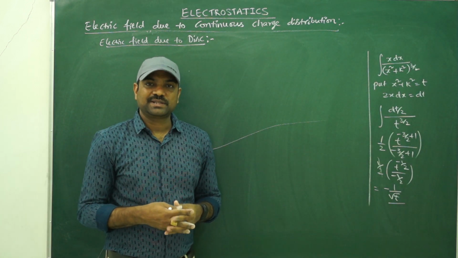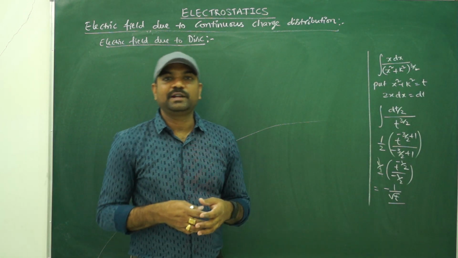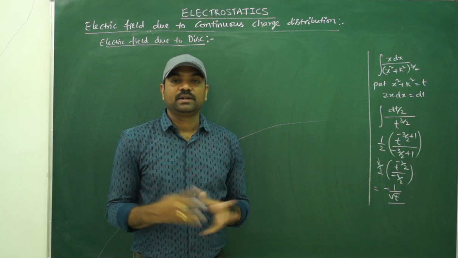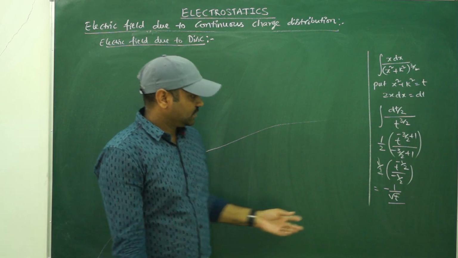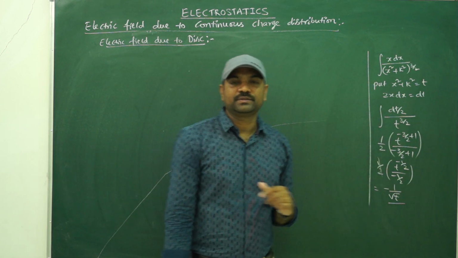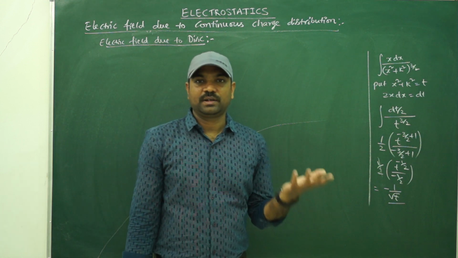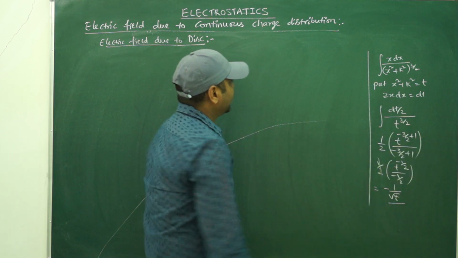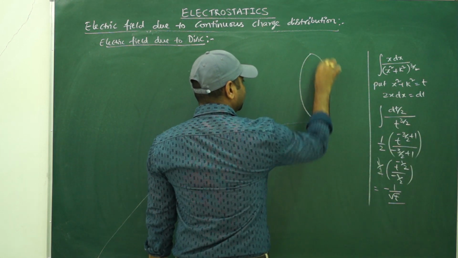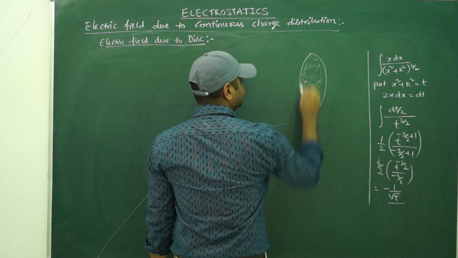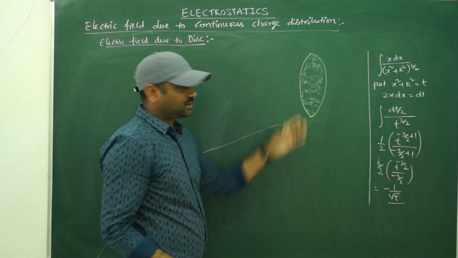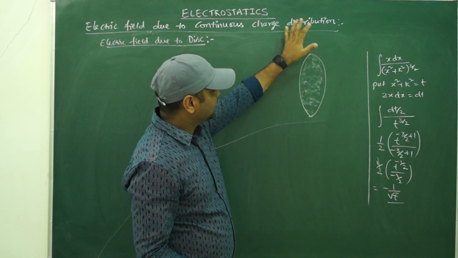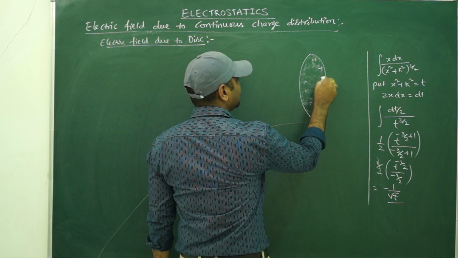Next we are going to learn about the field due to a charged disk. Okay, now the disk is carrying some charge. Then what is the field due to the disk? So I made one integration already ready-made, which I am going to use in finding the field due to the disk. So keeping aside this part first, I will take one disk. This is the disk. To show the difference, I am filling it with this chalk diagram. Okay, so this is the charged disk. Everywhere it is carrying some positive charge.